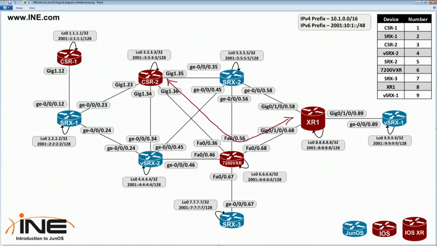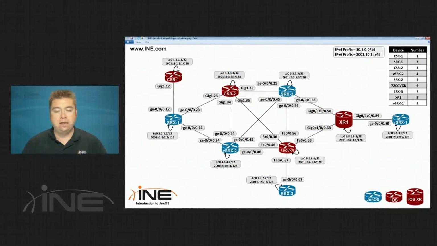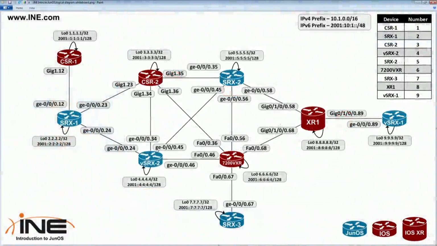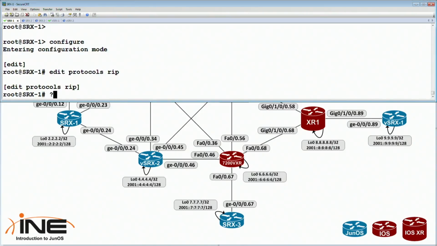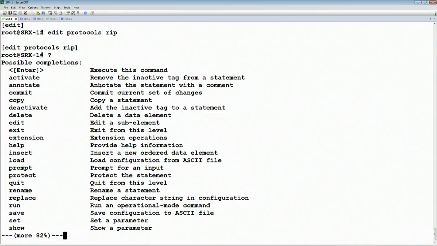Okay, so now we're going to enable it on JunOS. So first, let's look at it without configuring any routing policies. Look at the end result of what we're advertising and what we are receiving, and then we'll configure the policy to filter what particular routes we want to accept or to receive. So let's say we start on SRX1, we're going to go to config mode. We're going to edit protocols rip, and we're going to create our group. So we're going to set